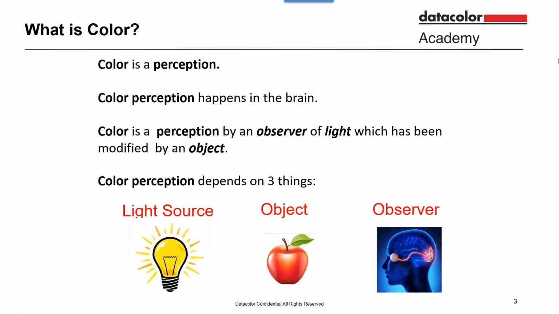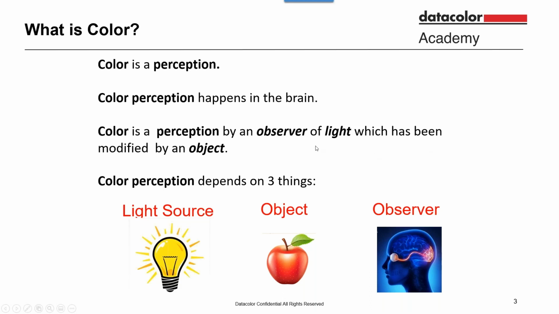Okay, we're going to get started. I'd like to start with a simple but accurate definition of the question, what is color? There's not a simple answer to this question, but simply stated, color is perception, and this color perception happens in the brain. A one-sentence description could be, color is a perception by an observer of light which has been modified by an